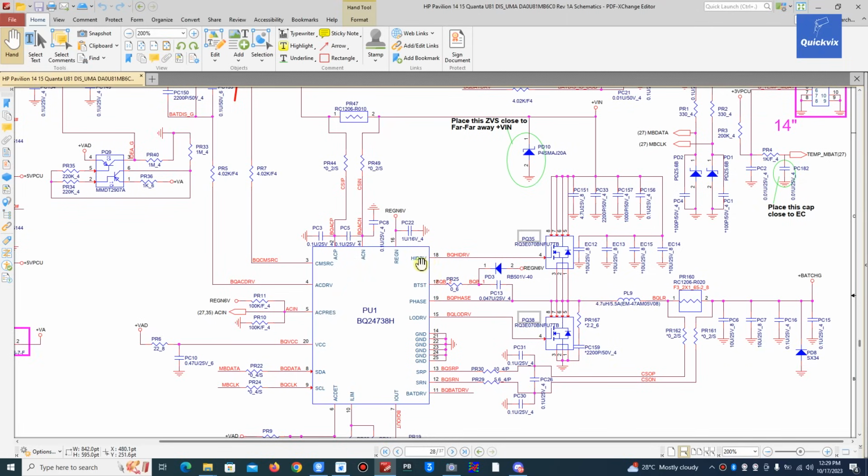This pin 18, which is HDRV, is the pin that is driving the gate of the high side MOSFET. That is the MOSFET that is connected to 19 volts, and this LDRV is the pin that is driving the gate of the low side MOSFET. That is the MOSFET that is connected to the ground. These two gates must be active,